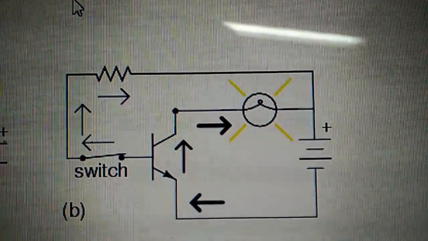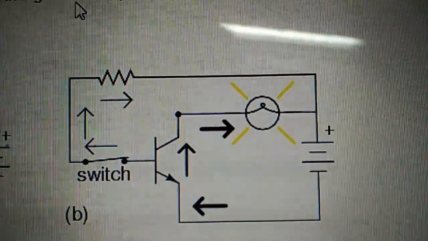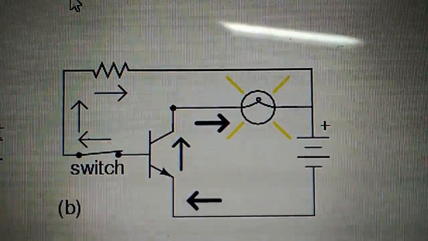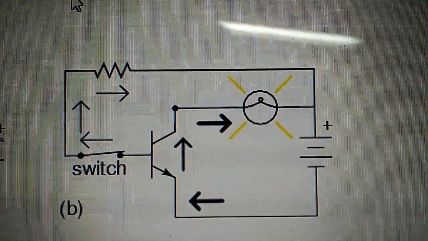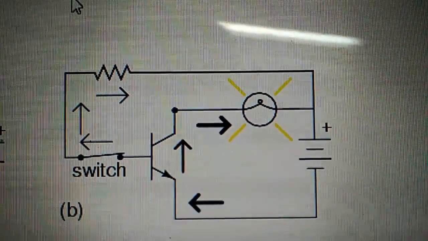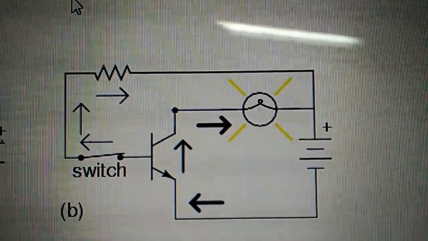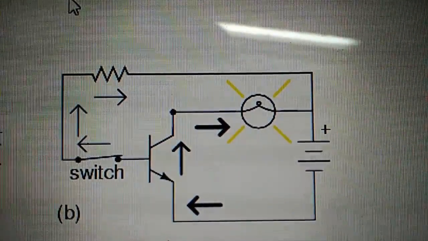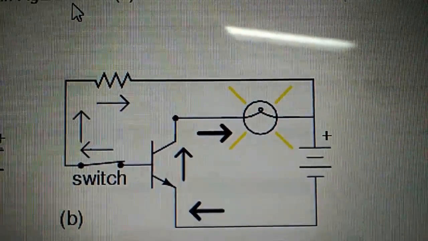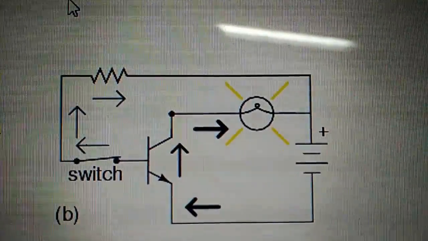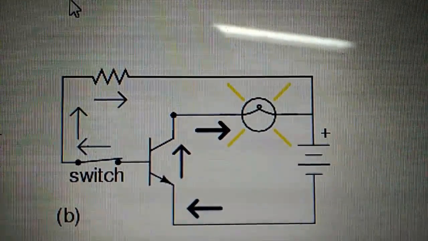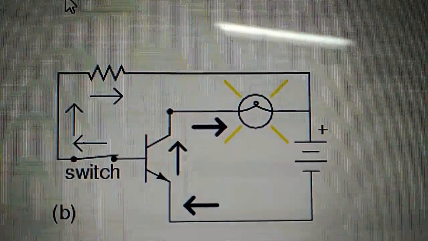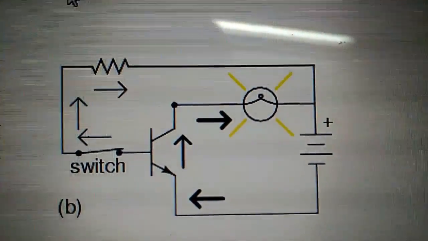Two points can be made out of this. Actually, first is the fact that when used in this manner, the switch contact need only handle what little base current is necessary to turn the transistor on. The transistor itself handles most of the lamp's current. This may be an important advantage if the switch has a low current rating. A small switch may be used to control a relatively high current load. More importantly, the current controlling behavior of the transistor enables us to use something completely different to turn the lamp on or off. Consider the figure below,